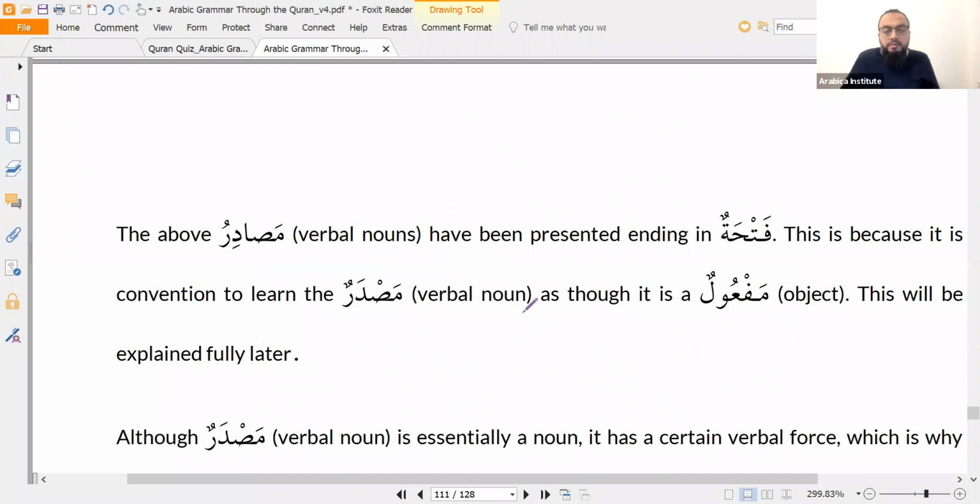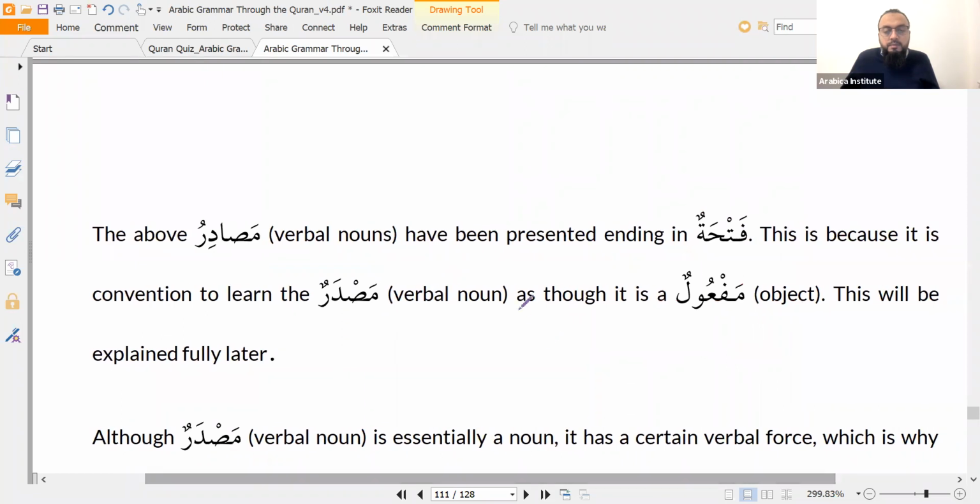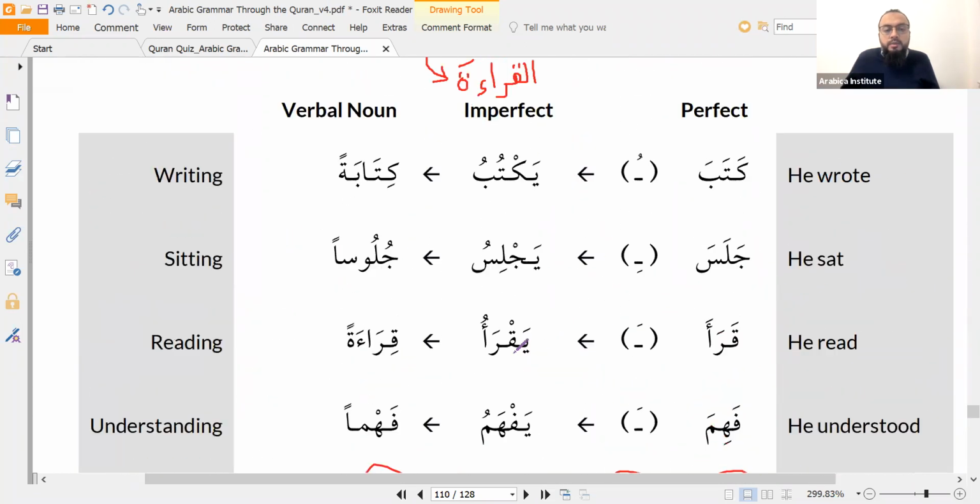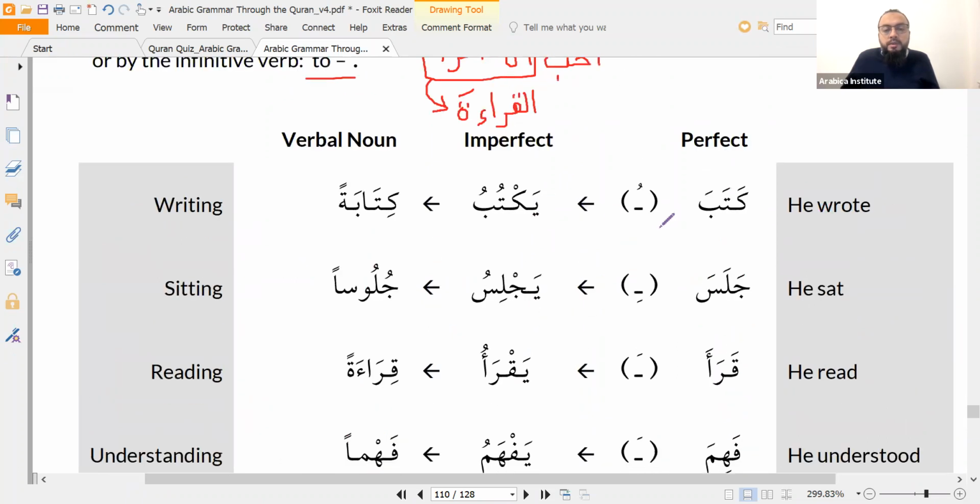أستاذ عندي سؤال. تفضل. Why are they all with fathatain? So here the reason why I put them in fatha is because I've kind of made a sentence out of it. He wrote, he's writing. What is he writing? Some writing. Yeah, so I just made a little pattern, a little drill out of this.